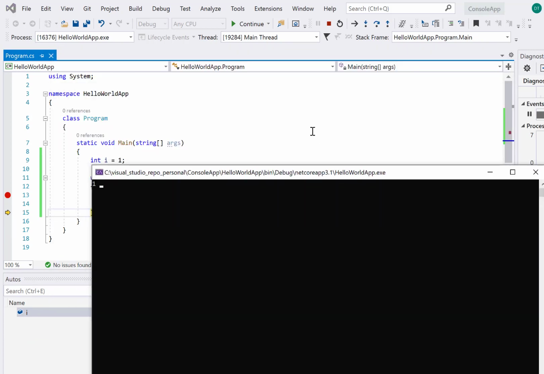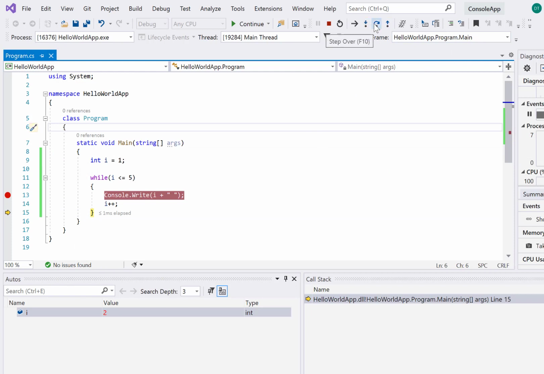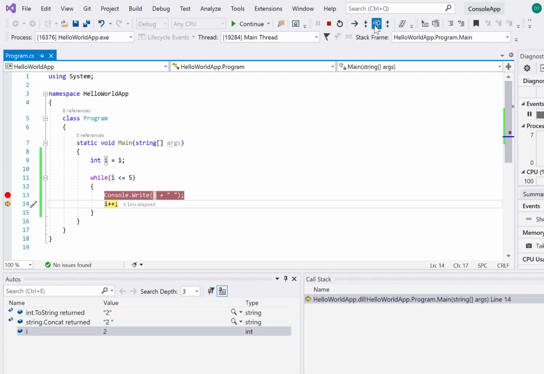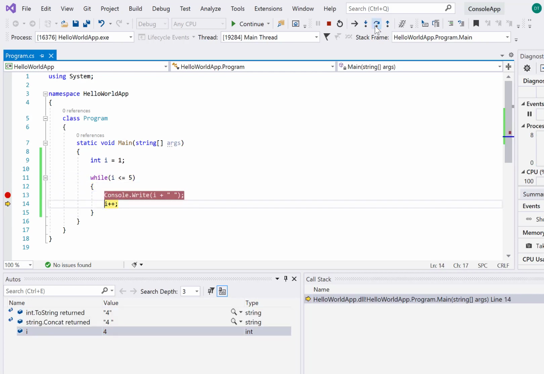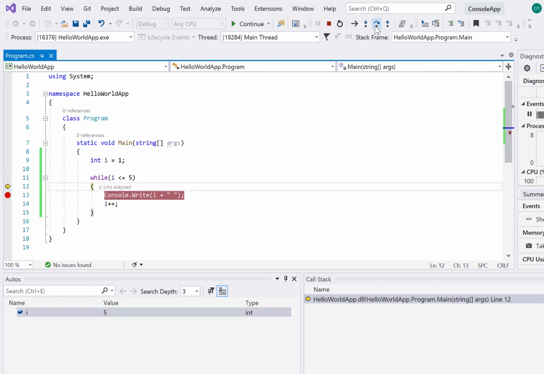So it will go here again, and it will say the condition is matching again, because I equals 2. So the condition is matching, so it will print the value and increase the value. Now you can see I equals 3. Again the condition is matching because 3 is less than 5. Again it will print. Now I is 4, so again it matches. I is 5, that is also fine because this is less than or equal to, so it will print 5.